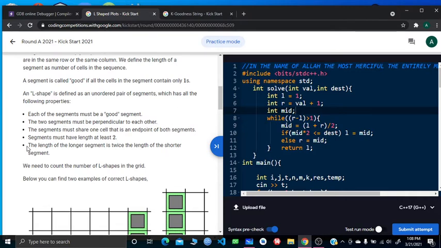that each and every segment of the L shape has a length of at least 2, and the length of the longer segment is twice the length of the shorter segment, which means